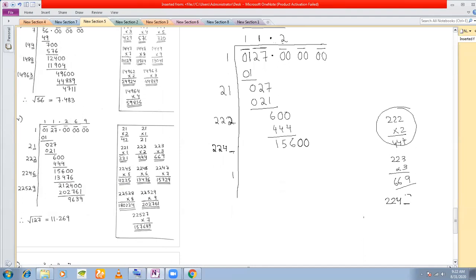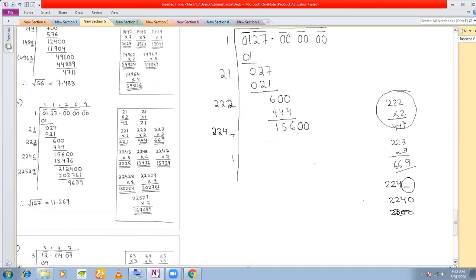Whatever digit that you place here will be close to 2240, very close to 2240. And you must know that 2240 is very close to 2200, right? And what is the number that we have got here? 15,600. So in order to get an idea of the digit, you divide 15,600 by 2200. Let's see what quotient we get. We're getting 8, ignoring the decimal.